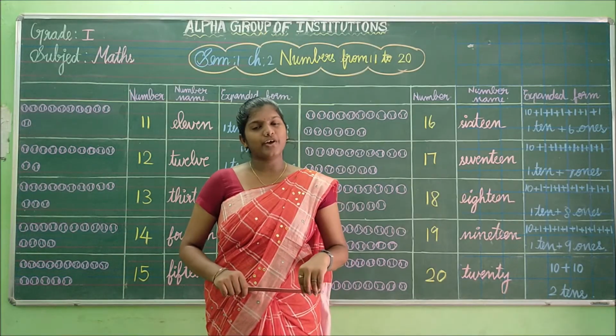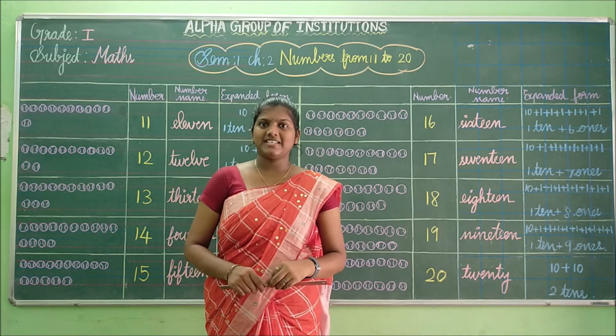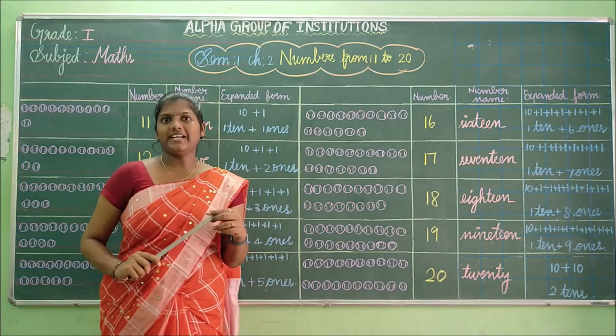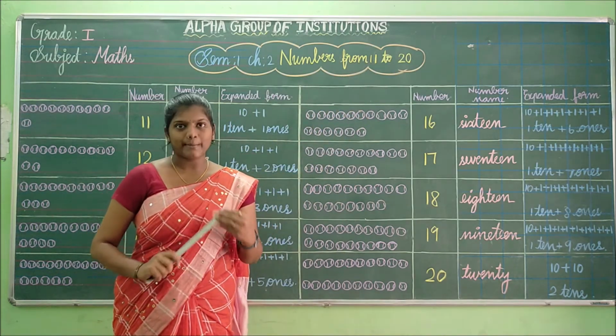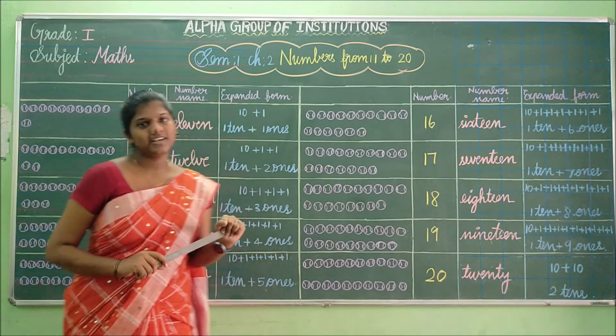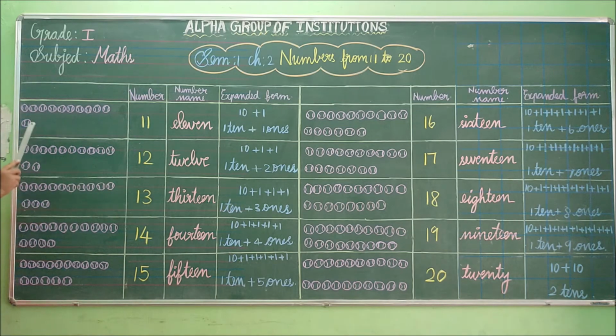Children, now we are going to learn numbers from 11 to 20. Shall we learn, children? Okay, first we are going to count the number of balls. Shall we count? Okay, count with me. 1,